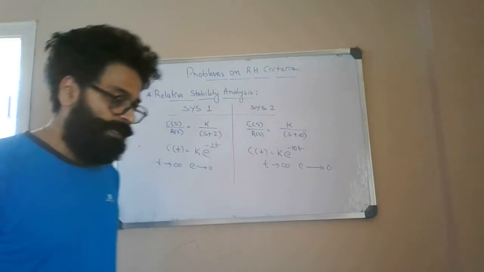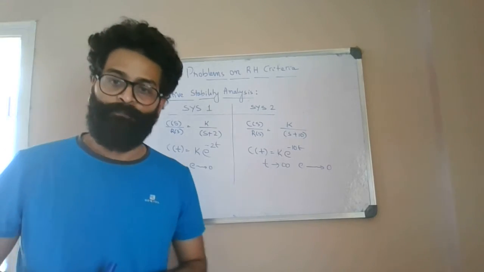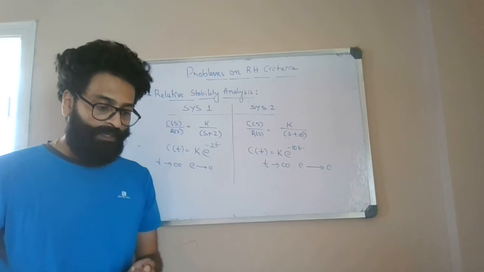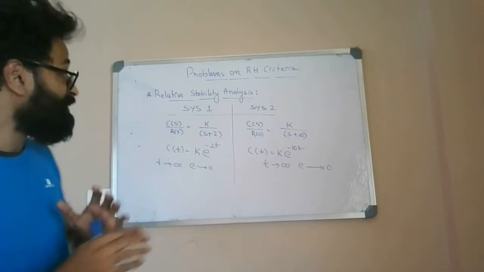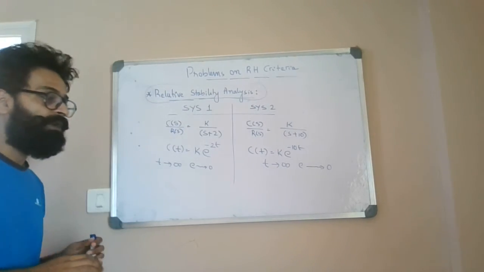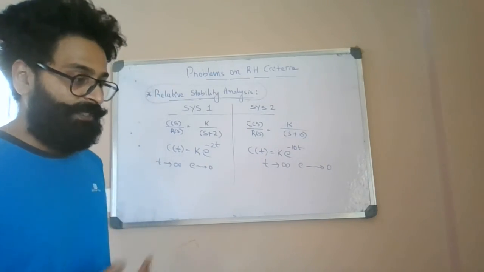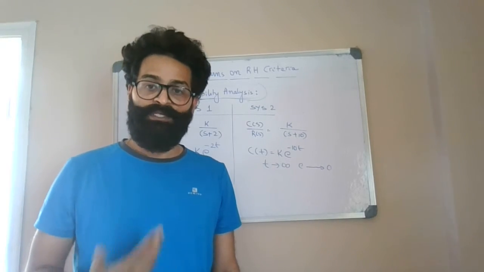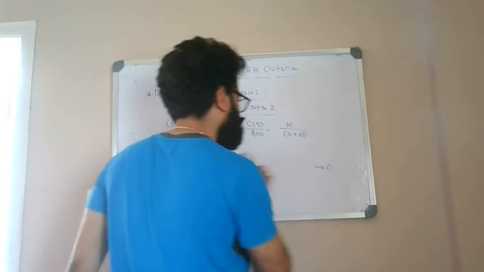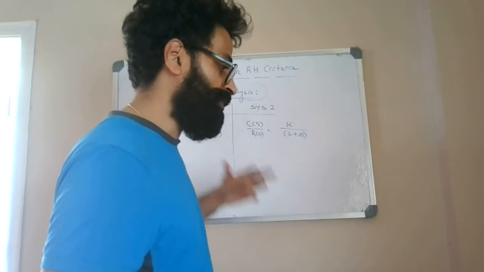Now, the question under consideration is, out of these two systems, which is better? All right, both are stable systems. Out of these two systems, which system is better? So that is nothing but your relative stability. So relative stability is carried out for a stable system. If you have more than one system, we will try to judge the goodness of the system in terms of relative stability analysis. Okay,